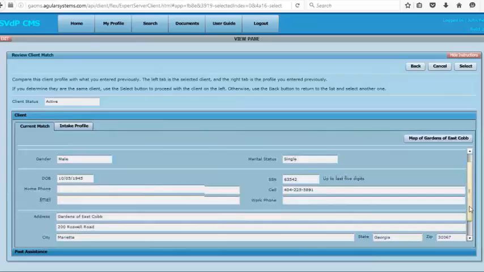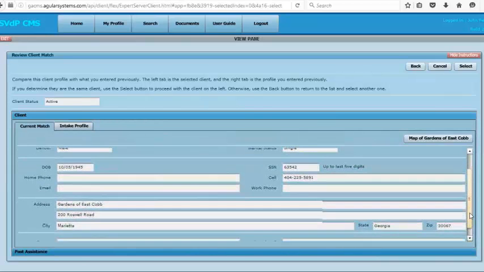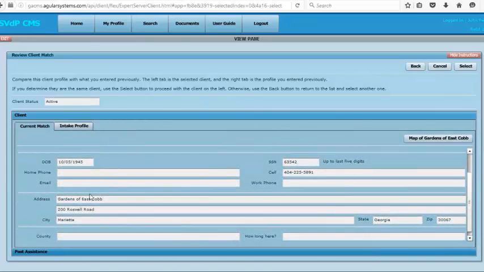But what we want to do is use the date of birth. We want to use the Social Security number, the cell phone number, and the address. So if we did do that, if we use the DOB, which is the date of birth,